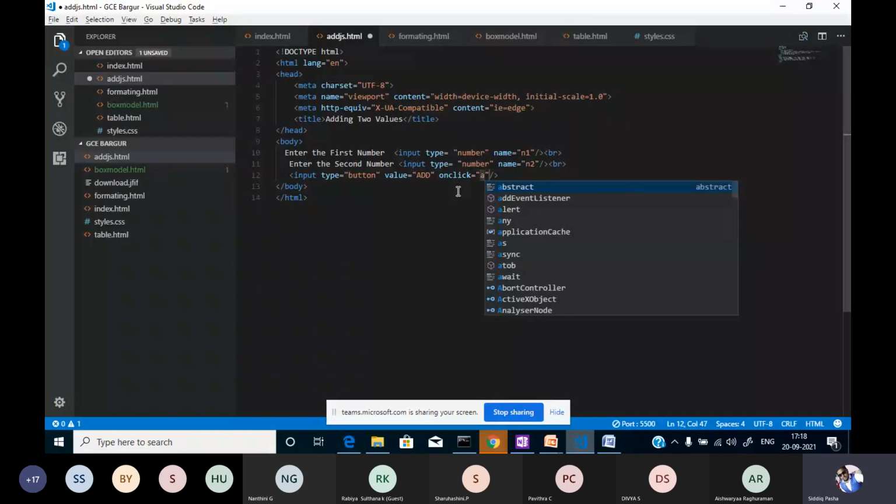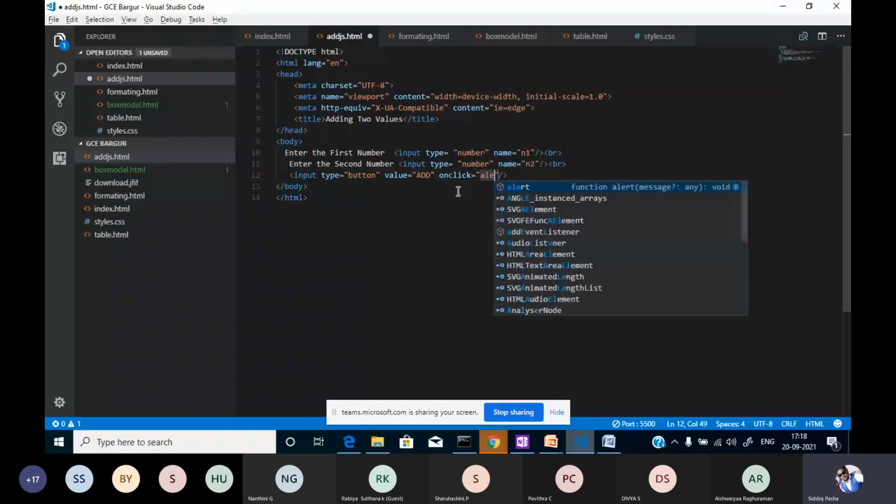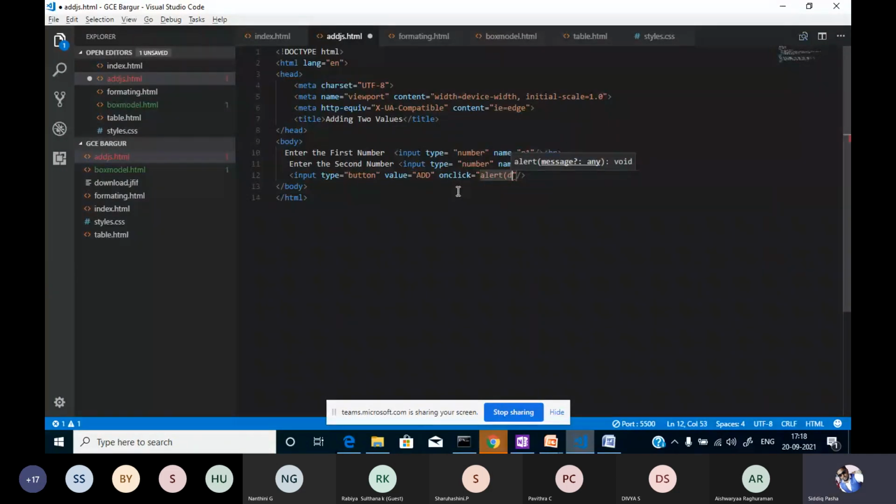If you want, we can say alert. In that alert, we can access this: document.getElementById. The first element, I need to specify here an ID. By name also we can access, but I'm accessing with ID only. This is ID n1 and this is ID n2.